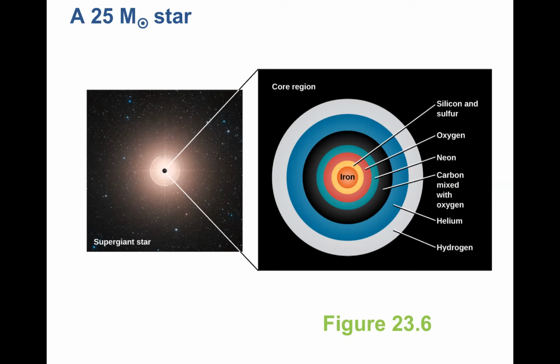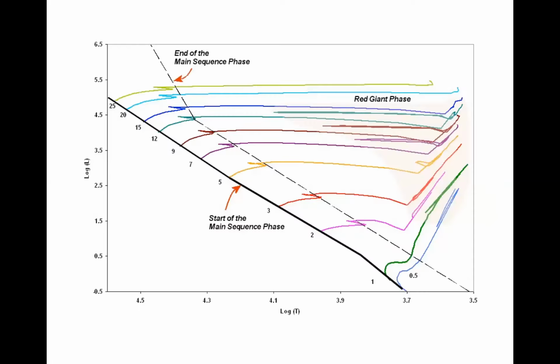And so that's kind of at least a cartoon of what it will look like. What does it look like on the HR diagram? Where are these stars moving? Well, post-main sequence looks a lot like pre-main sequence. If you remember, low mass stars came down and changed a lot in luminosity and not much in temperature. The same thing happens in reverse. They change a lot in luminosity and not much in temperature as they move up towards the giant phase.